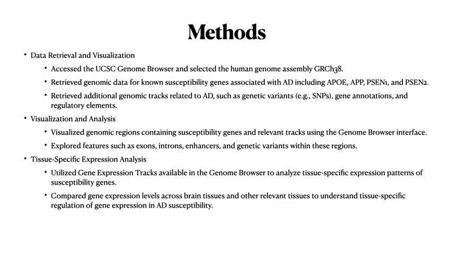So for the methods that I used, I accessed the UCSC Genome Browser and used the most recent genome assembly for humans, and I looked up these four genes that I mentioned before: APOE, APP, PSEN1, and PSEN2. And then I looked at the different genomic tracks for AD. I looked at the different genetic variants, the gene annotations, the regulatory elements, and then I also explored different features such as the exons, introns, enhancers, and these genetic variants within these regions that could influence how that gene is